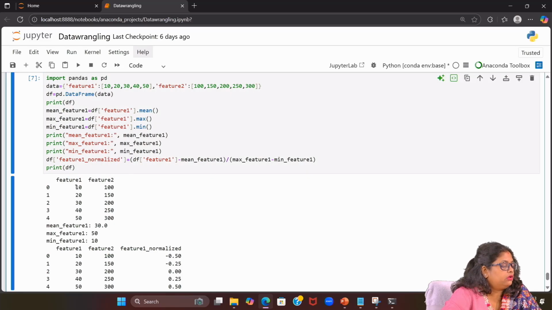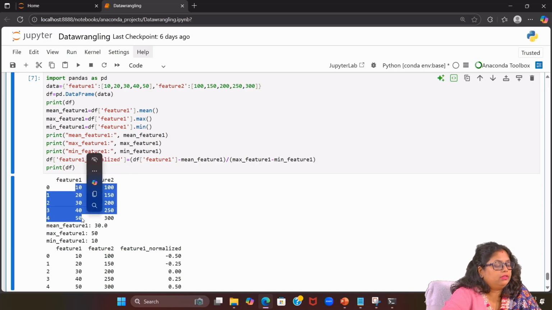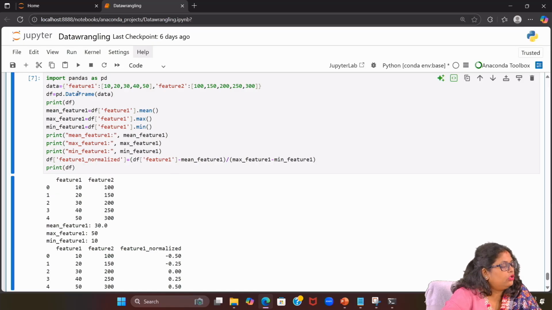On feature 1, we wanted to apply the mean normalization. For that, I create one variable and put the feature 1 mean in it. Similarly, checking the maximum value, my maximum value is 50 as per this data, and the minimum value is 10. It is printed here